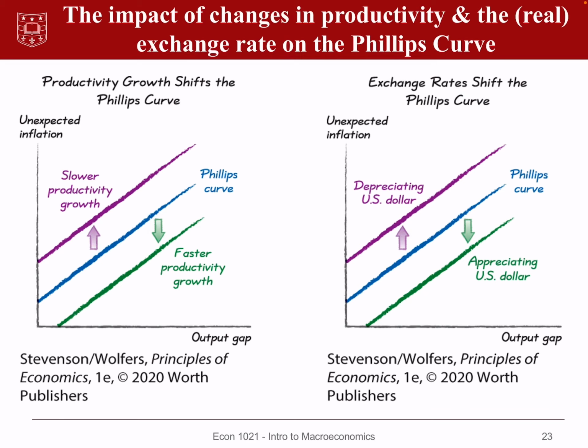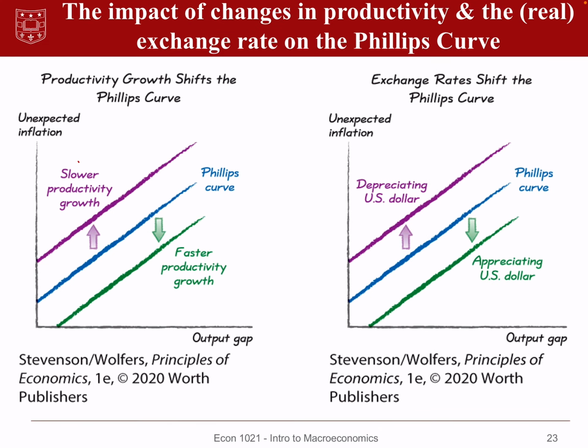So we can also then consider the other two general reasons why we would see a change in the position of the Phillips curve. So productivity factors. If we have slower productivity growth, what does that mean? That means that we have less output per, say, worker, or per unit of input, if you want to do it that way. And so that means, in other words, just flipping that on its head,